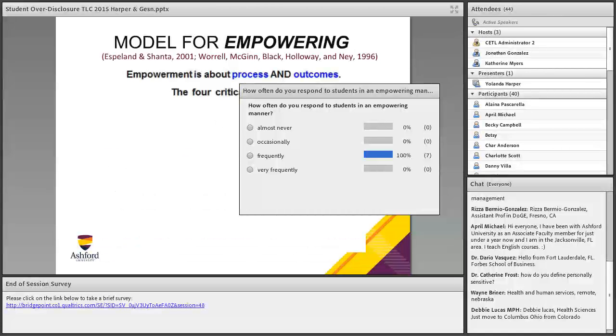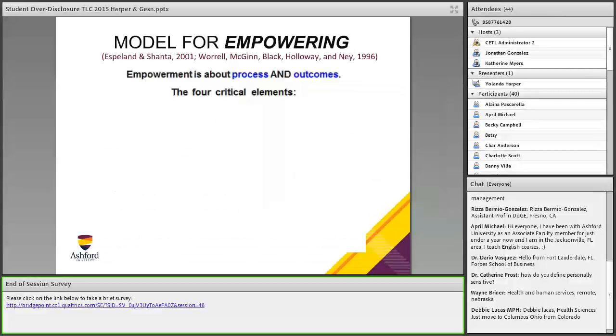Okay, so now to the model. So the model here has 4 critical components: collegiality, communication, autonomy, and accountability. And the model here I chose because it's actually used in education to differentiate empowering versus enabling in teaching strategies and faculty-student interactions and in training practica. So let's start with